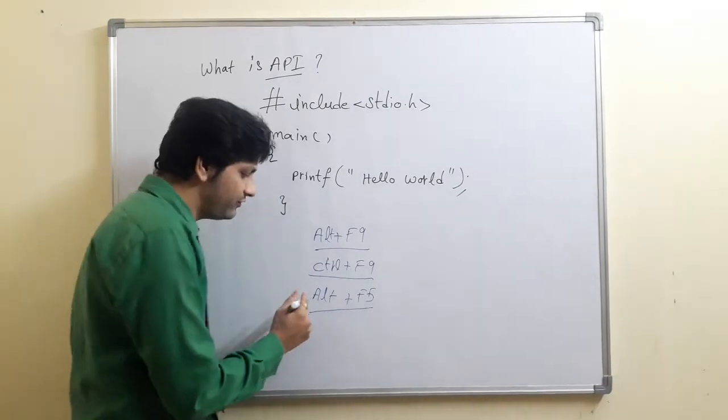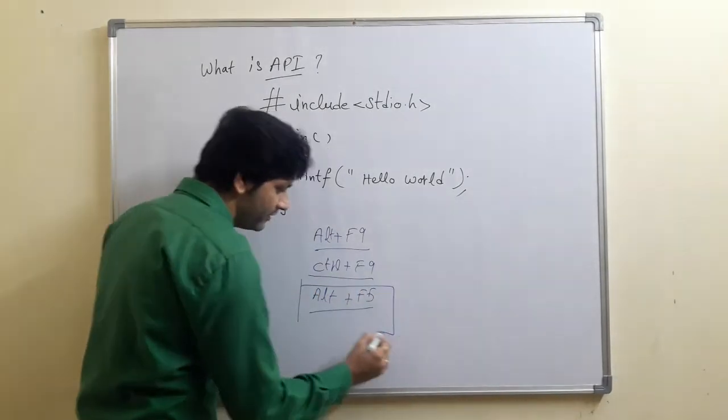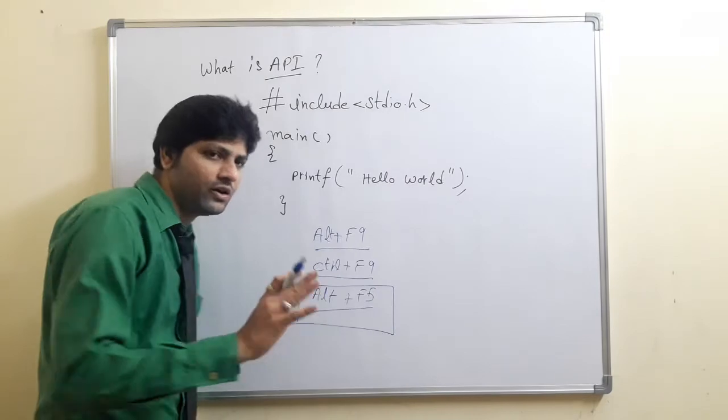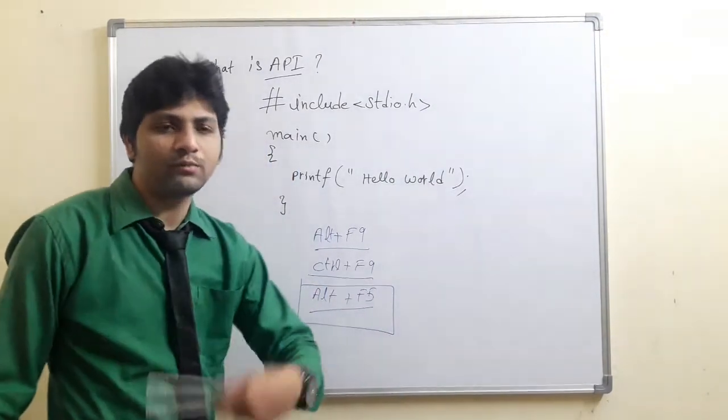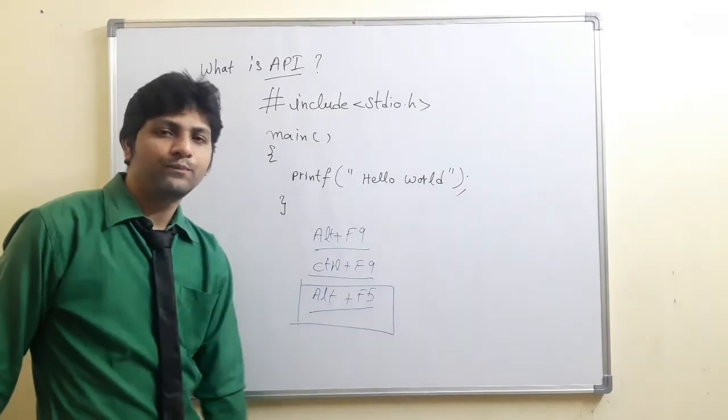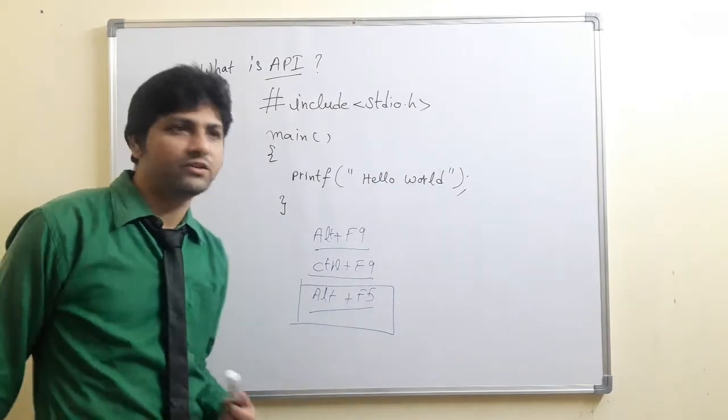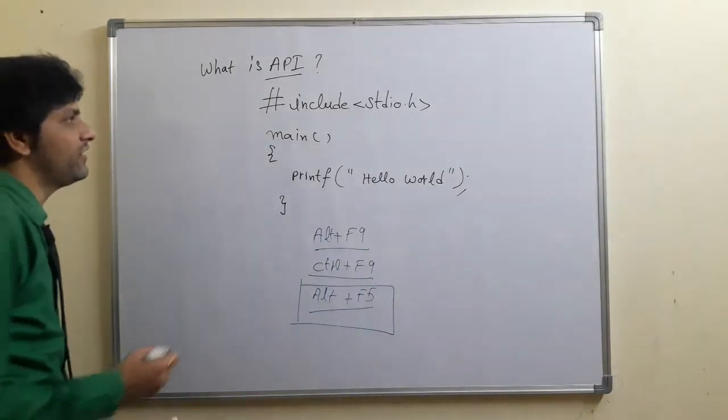How to reduce this, without having to keep pressing Alt+F5? We can get an output. How is that? There is another header file called